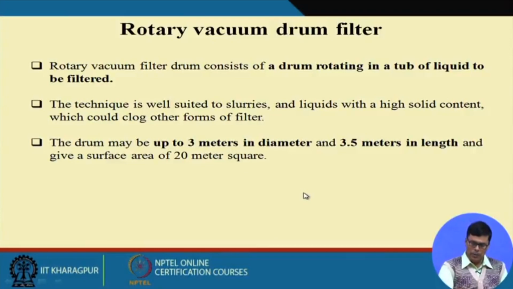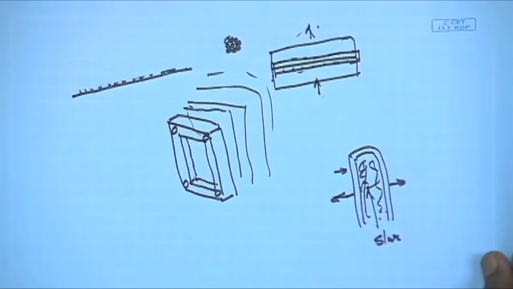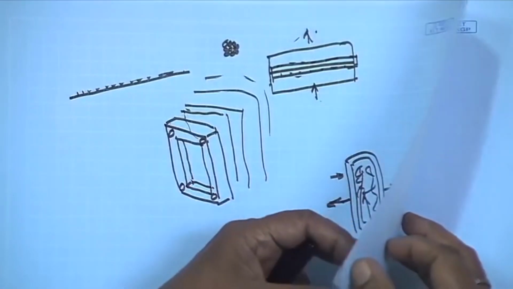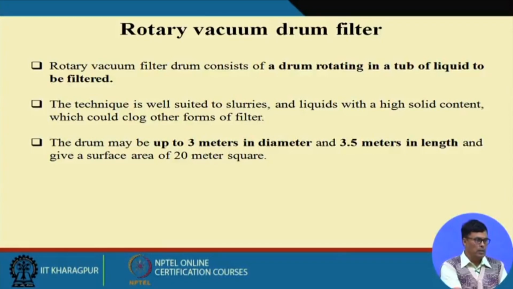Particularly, I want to mention that most of the antibiotics are produced with the help of fungi. I can give the example of the penicillin industry. Penicillin is produced by Penicillium chrysogenum. Streptomycin is produced by Streptomyces griseus. So they are all fungi, and these fungi are the bigger particles